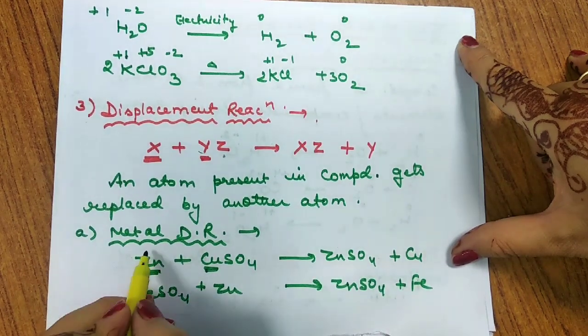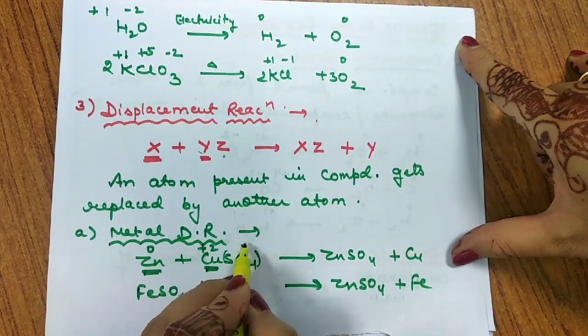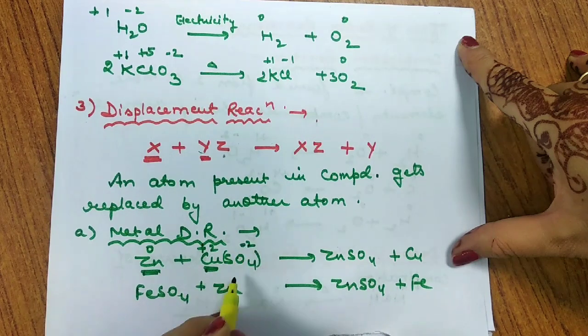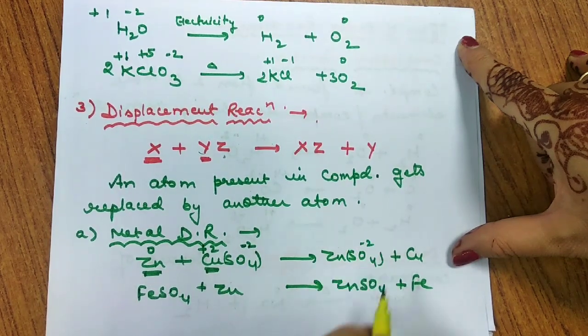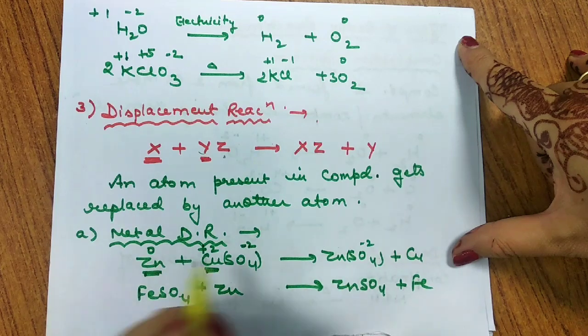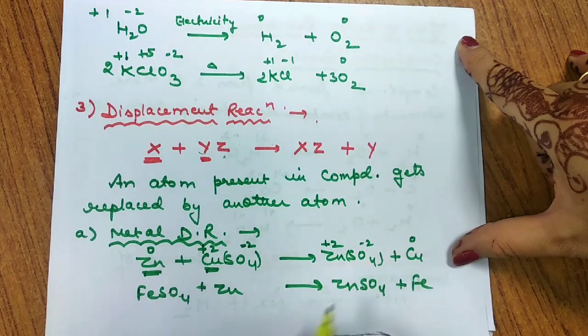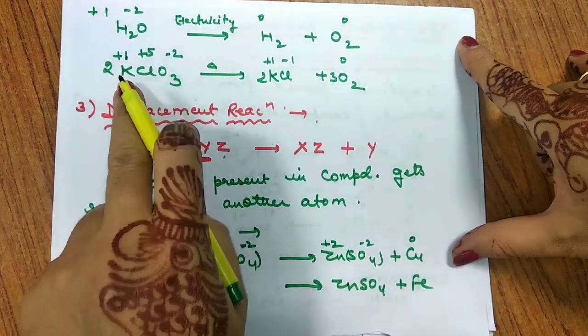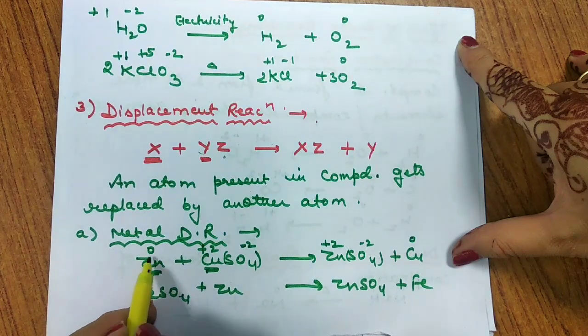Let us see their oxidation number. So zinc is 0, +2, and the sulfate whole ion is -2. As we have discussed in the previous video also, if there is no change in the oxidation number, we call that species a spectator species. So the sulfate ion in this case does not show any change in oxidation number, so it is a spectator. So come back to this reaction.